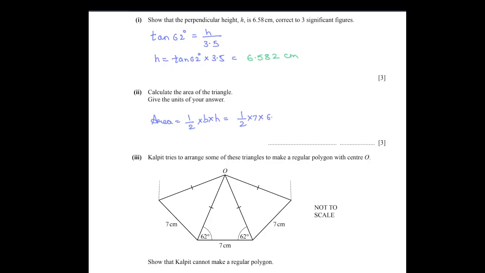The height is 6.582, we will round it to 6.583. So to find out the answer: one by 2 into 7 into 6.583 is equal to